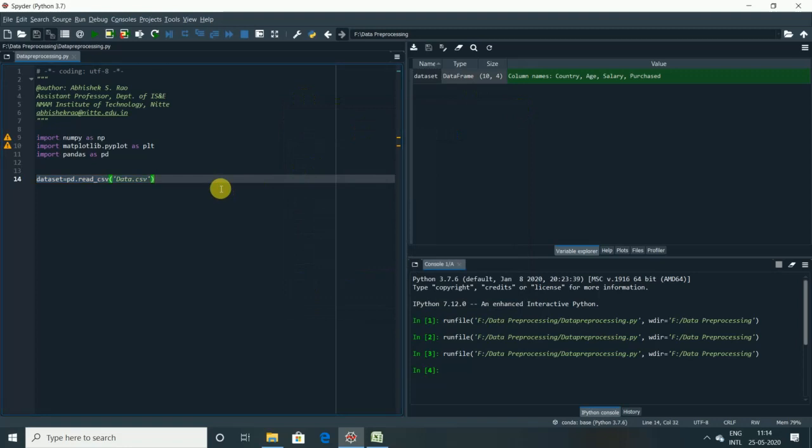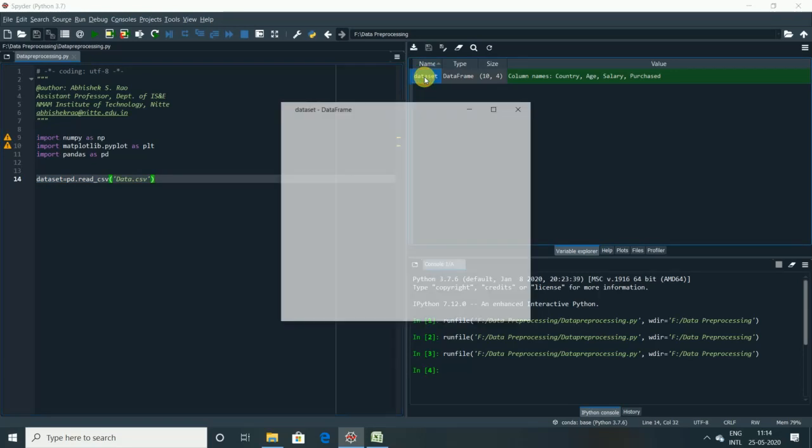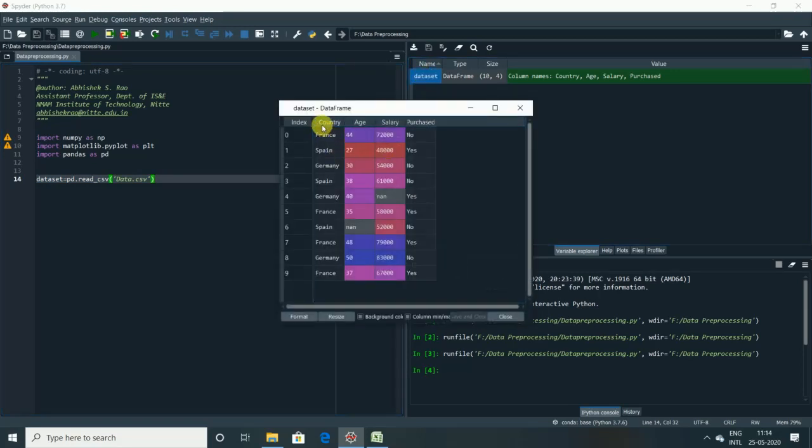The next thing that we have to do is to create 2 new entities. Now as you can see, guys, in the data set there are some independent variables and there are dependent variables. So finally we have to predict something, right? We should have one dependent variable and some independent variables which will be the reason to predict the outcome. So the country, age and salary will be the independent variables. These are all the matrix of features. And the last column, Purchased, is the dependent variable in this data set.